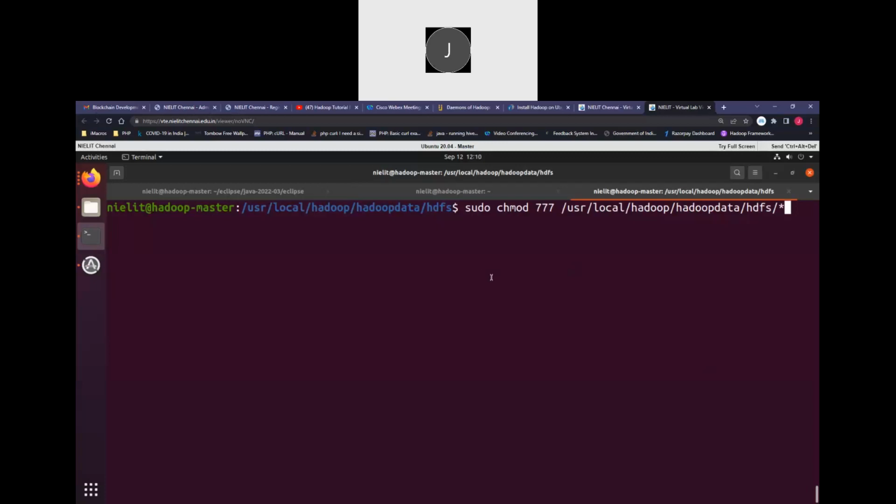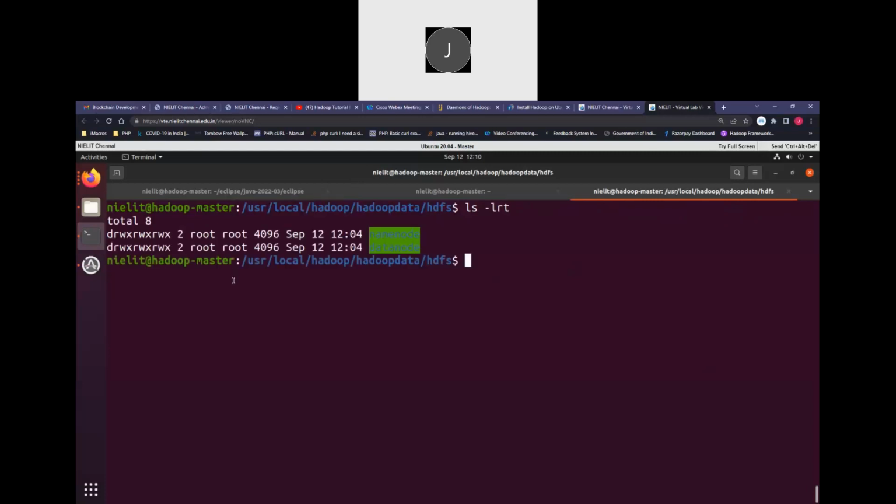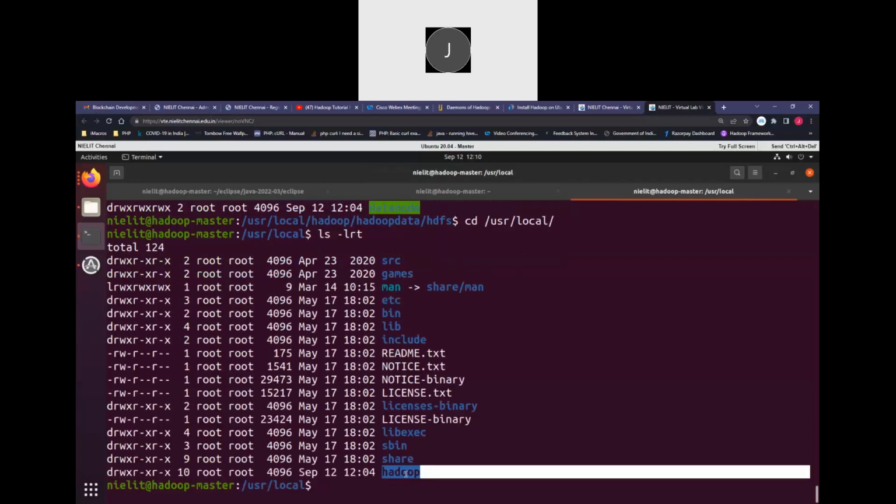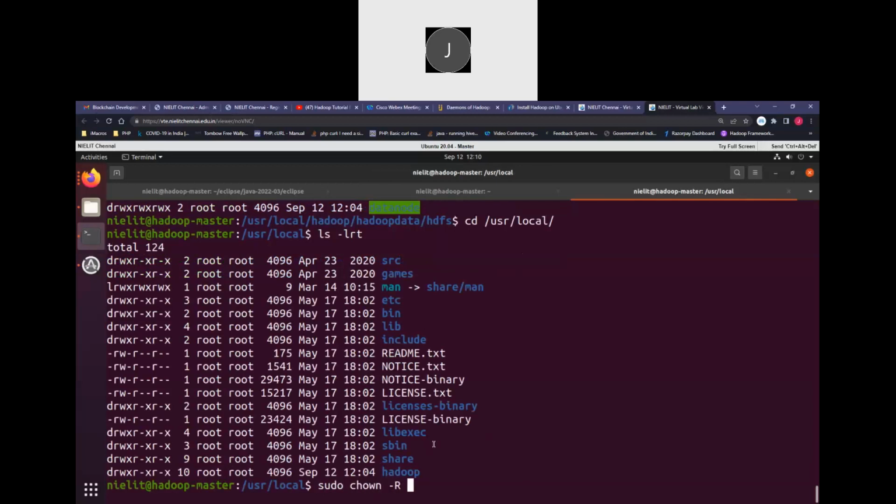And we will change the ownership for all these things. Actually, the ownership is root, with ls -lrt, right? That's the reason it is not allowing us to change it. So for the whole Hadoop directory itself, we will change the ownership. We go to usr local. In that, ls -lrt, the Hadoop folder contains everything. Completely, we change the ownership to Hadoop itself, for everything. So we will do sudo chown,